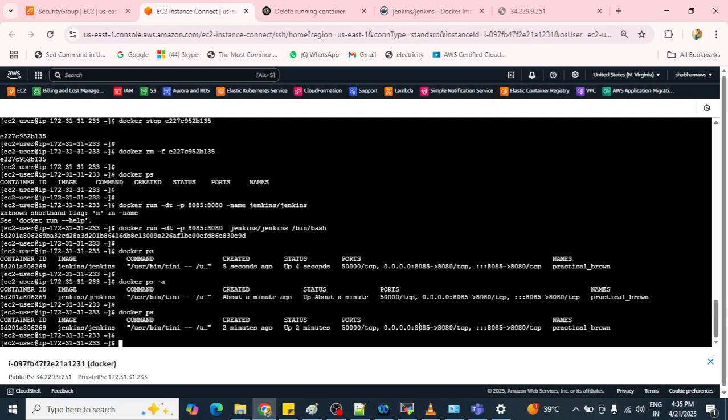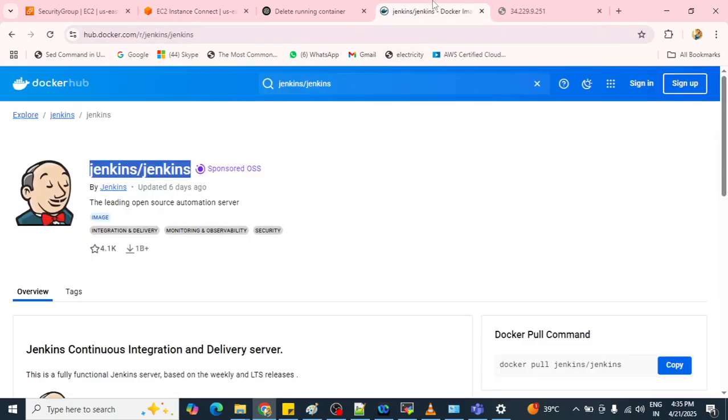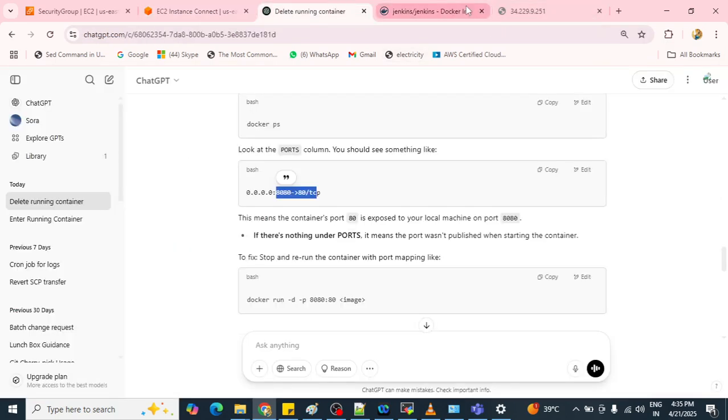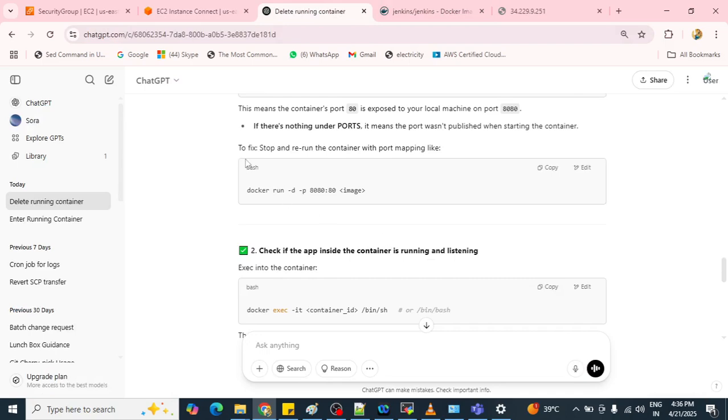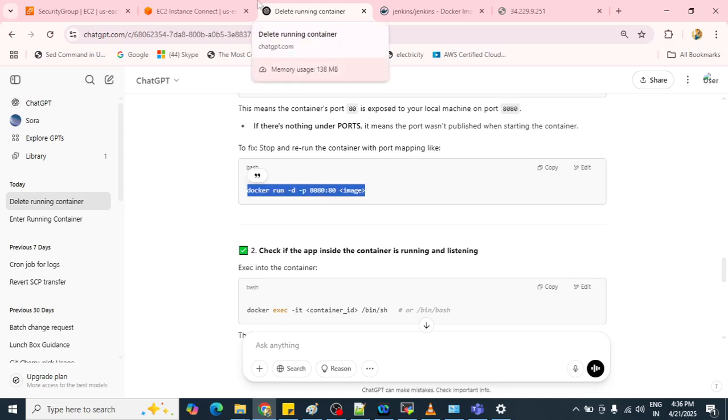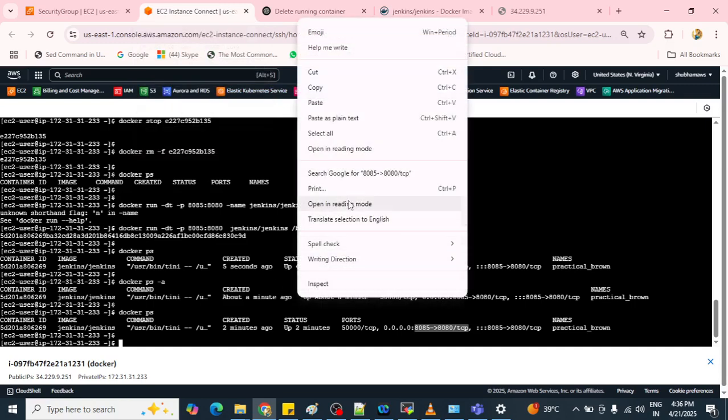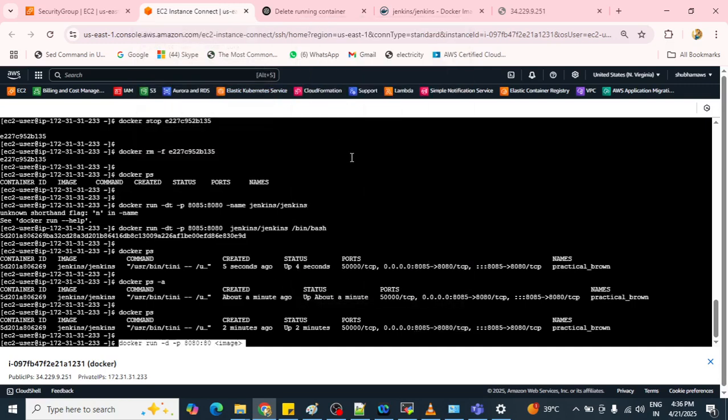Now the next step he is suggesting to fix: stop and rerun the container with port mapping like this. Okay, no problem. Let me rerun it. Copy and paste it here. Then you need to give your image name.